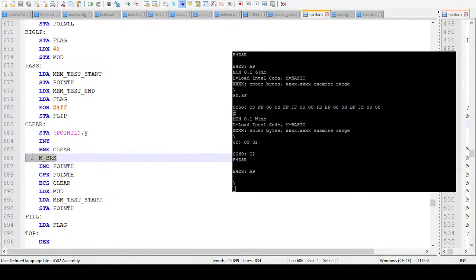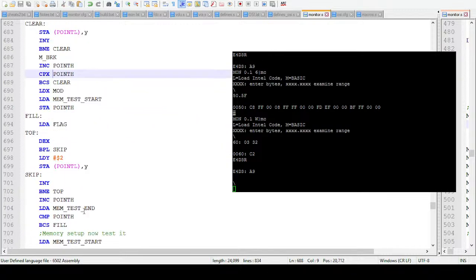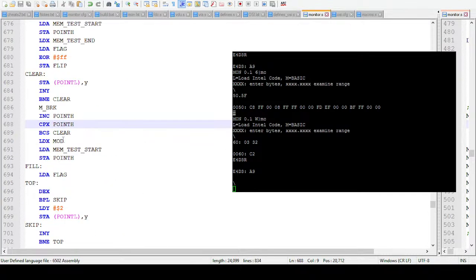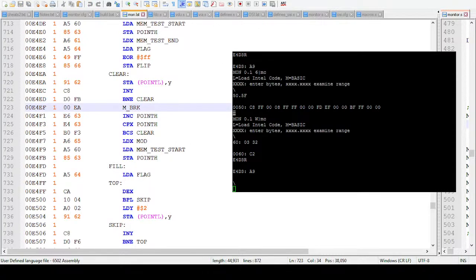Okay, so we know it's getting to the break not equal to clear, so it's actually getting to this point here. We did have it down here. Actually, if I put that there, and if we go through to the listing, we can see that the next address is going to be E4F1 and